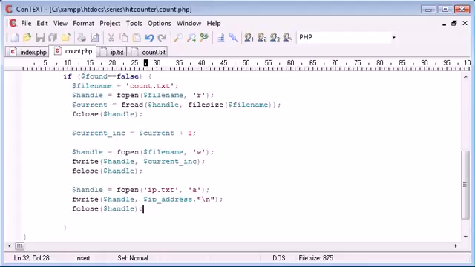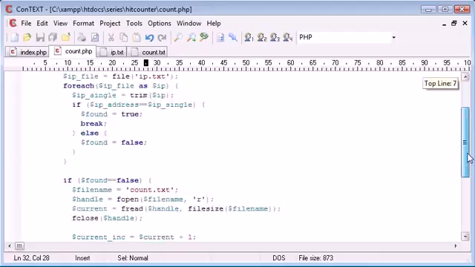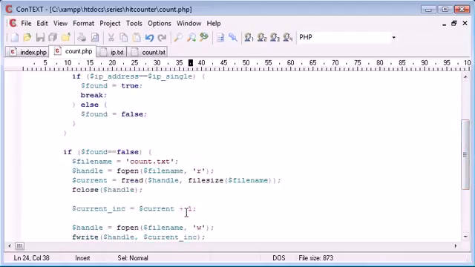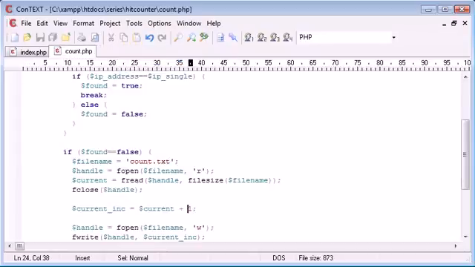So now we've written to the file, we're pretty much done because we've written back to the file the IP address, and now next time when we check, our IP address is already stored, so we won't be carrying out the rest of this block, if that makes sense. So we'll come to count.txt, make sure that's 0, come to IP, make sure there's nothing in there. Now if I was to